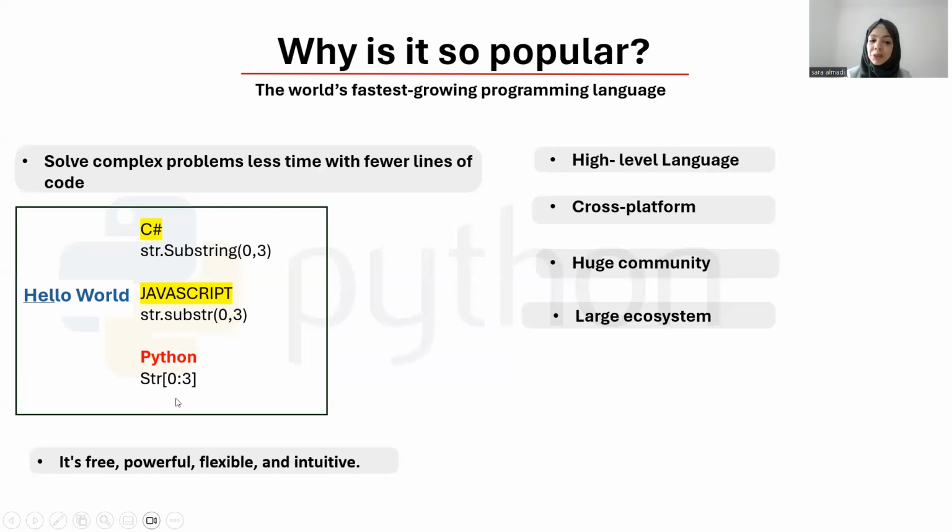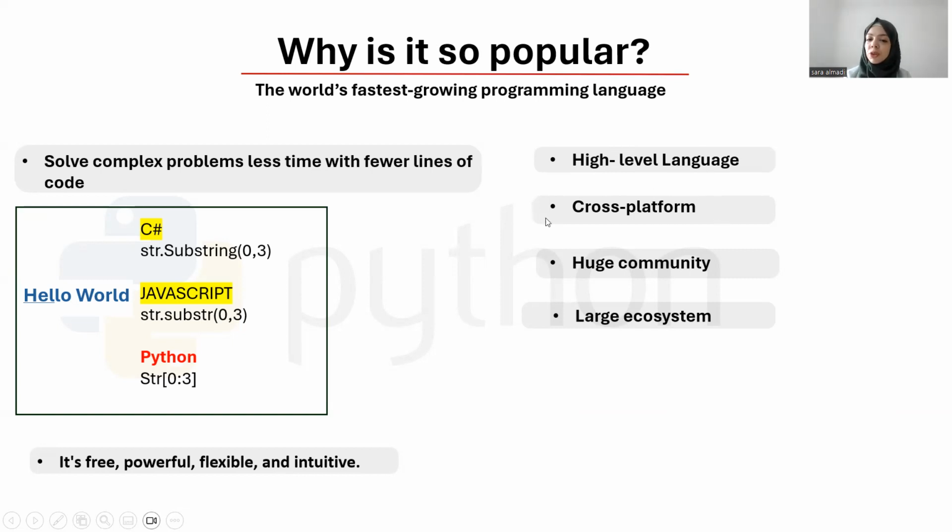But if we use Python, it's very clear how the line of code is very small, very straightforward, and very clean. This makes Python very special and very popular because it's easy to learn, easy to understand, and it saves our time to develop and solve problems by providing fewer lines of code. Python is a high-level language, as we said. It provides abstractions and hides the details of the computer. That means the code is easy to understand and closer to the English language.